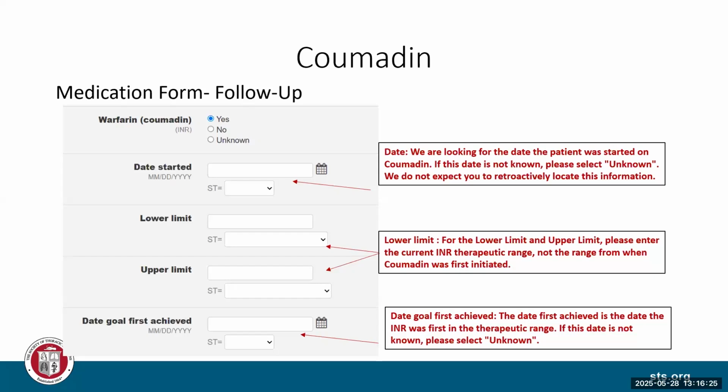So, looking at it, this is how I interpreted it, because I'm a little crazy. For the lower limit, I was thinking, okay, you have a 6-month period of INRs. I thought the lower limit was the lowest INR at that time, and the upper limit was the highest INR result at that time. Not the actual goal of what you want to achieve with your INR, but the actual results of the INR. Okay. I can see that.